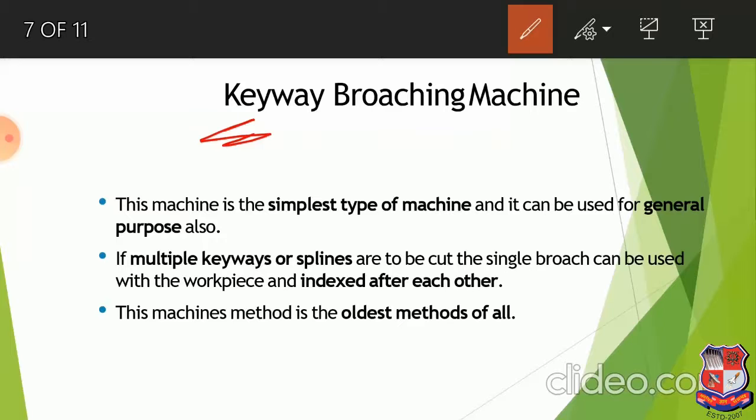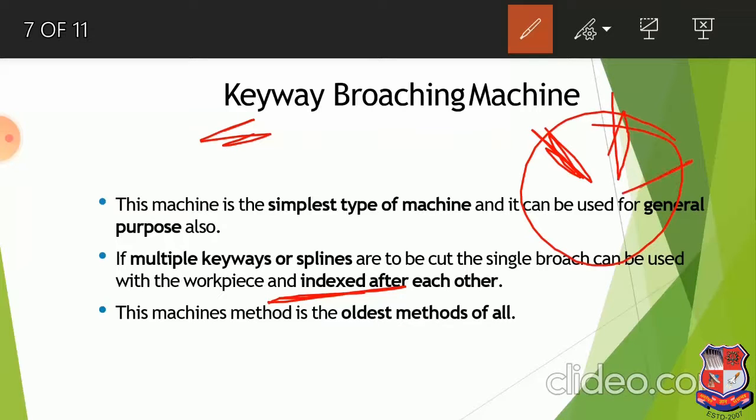Here if you want to generate multiple keyholes, then you can use an indexing mechanism. Now what is the indexing mechanism? For example, this is a table, and if you are generating a keyhole on one workpiece, after that you can rotate this wheel by a certain amount of degrees, and after rotating certain degrees you can broach all the components, right?